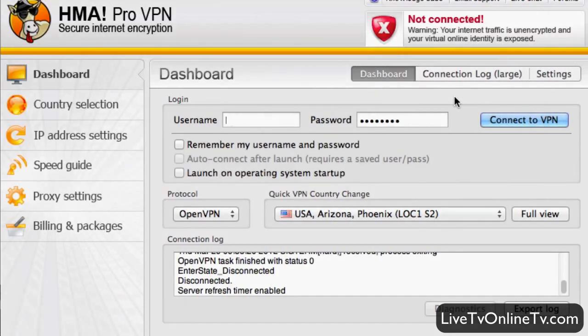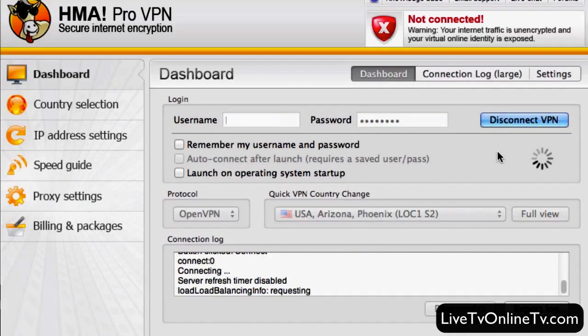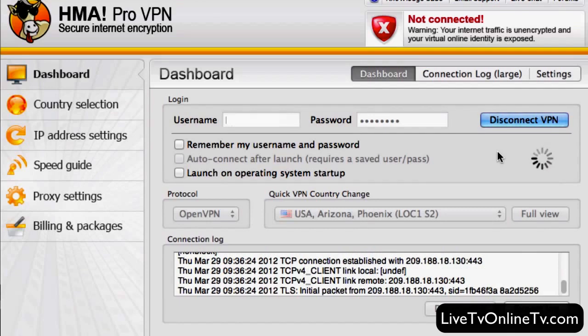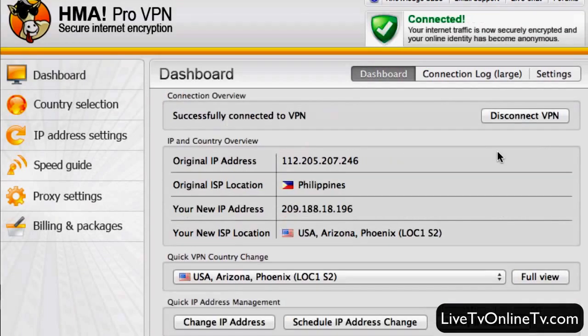Okay, I'm back again. It should all work now. You just have to install this little extra program and let's try it again. We have the US server here and we're going to try to connect to VPN. This is gonna take a little while, 10 seconds, 20 seconds, and then you're connected.